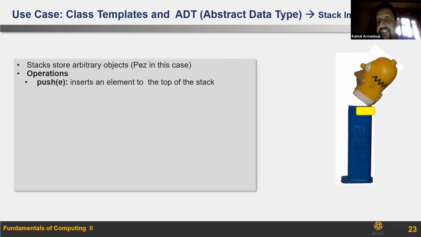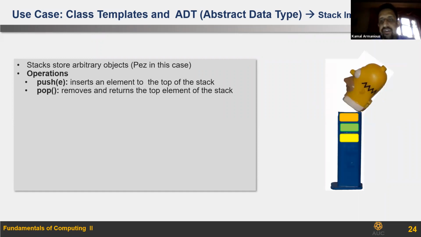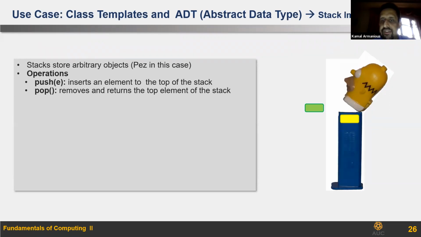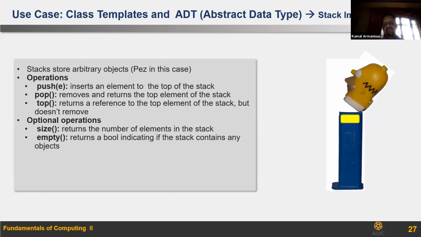So this is the element. You put it on the top of the stack. Another element, you put it on the top of the stack. Another element, you put it on the top of the stack. So that's a stack. Last in, first out. I will pop from the stack. So previously it was push into the stack, then pop from the stack. Whatever is on the top, I will pop it. So I have two main operations. Push means I push into the stack.